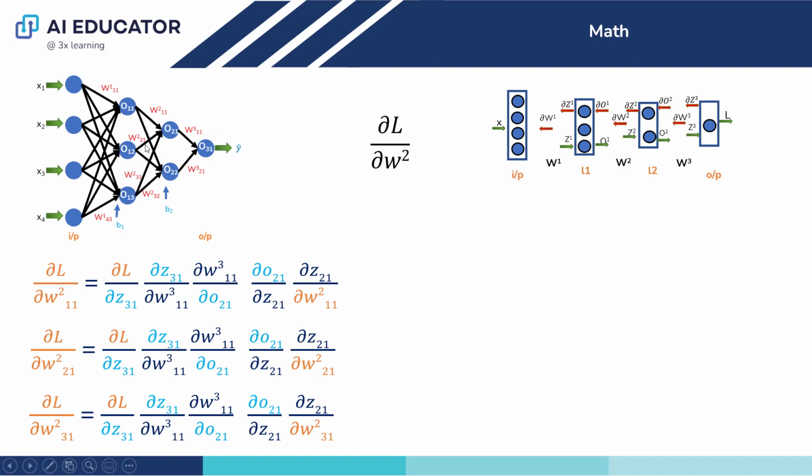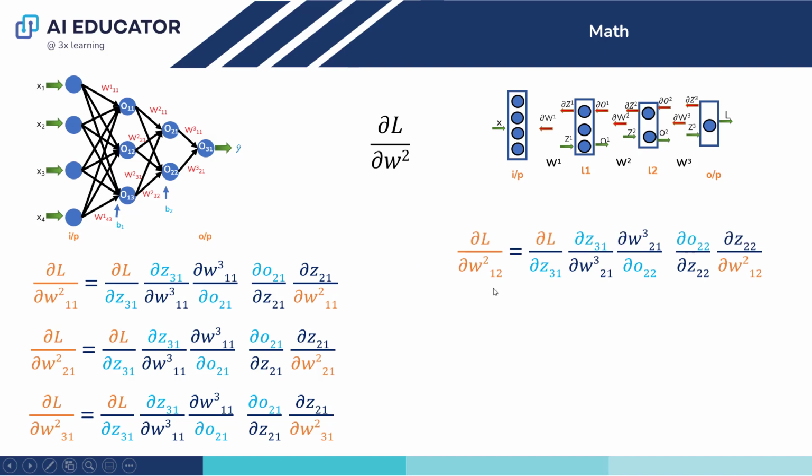Okay, since they all will go in the same path, in order to go to this node also, you need to follow this way only. Now let us try to find out the weights which will go to this node. In order to go to W212, first we need to go from ∂L to ∂Z31, from ∂Z31 to ∂W321, from W321 to O22, O22 to Z22, Z22 to W212. Which will be this connection,